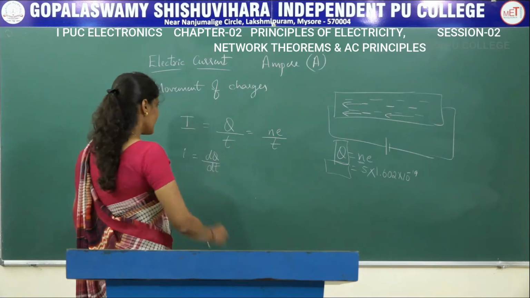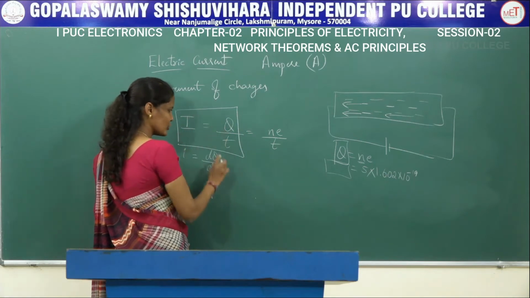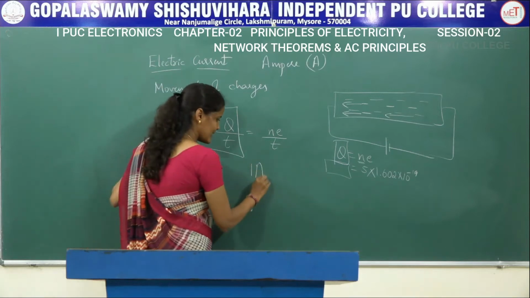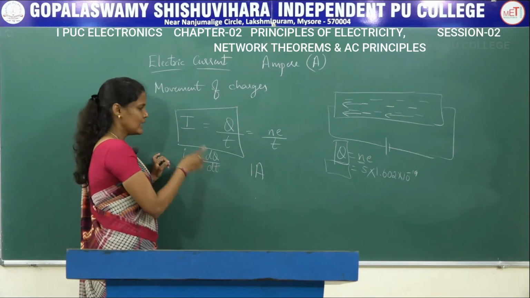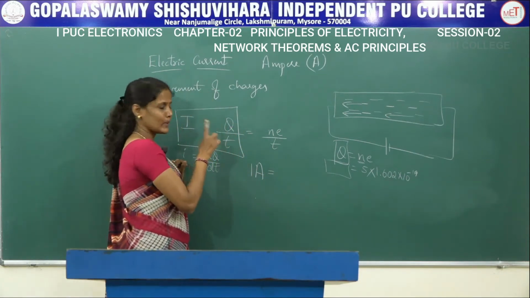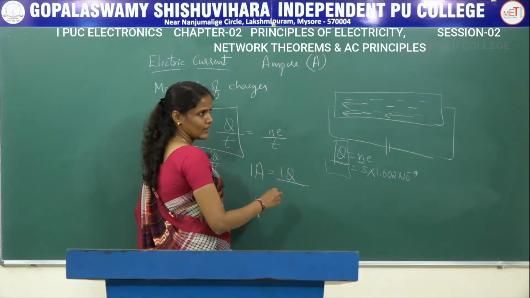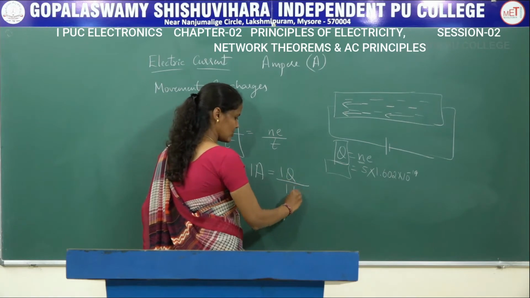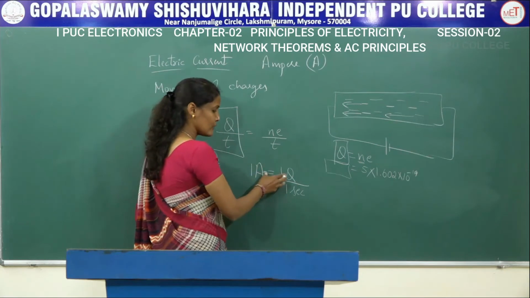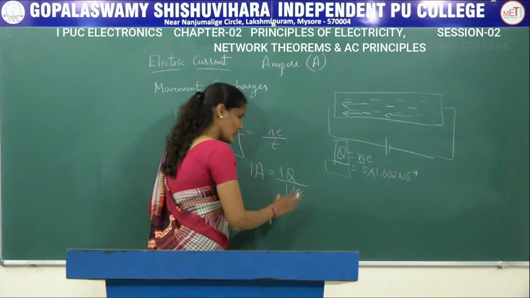the letter A. If I consider this as the definition for electrical current, I is equal to Q divided by T. The current will be equal to 1 ampere, that is, the unit of current is ampere, if the charge in that particular material is 1 coulomb and that charge is moving from one place to another place in 1 second. That is, the current is said to be 1 ampere if 1 coulomb of charge is crossing the cross section of a conductor in 1 second.